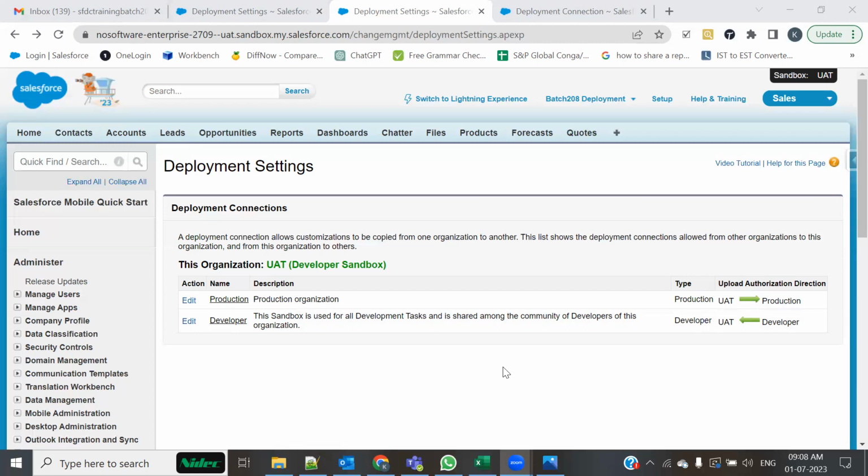sometimes in very few of the cases we also require to perform something called as a back deployment. Back deployment में क्या होता है कि you try to migrate things from production to sandbox. तो what I'm going to do, एक काम करते हैं, डेवलपर और यूएटी के बीच में तो नहीं, एग्जाम्पल है जस्ट मेरा, कर सकते हैं, प्रोडक्शन और यूएटी के बीच में बैक डिप्लॉयमेंट भी अलाउ करते हैं।